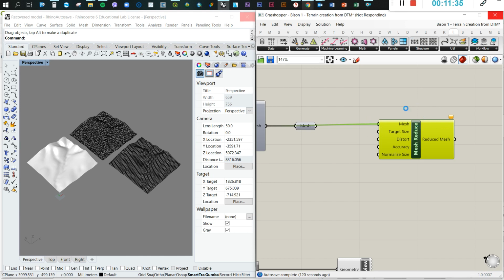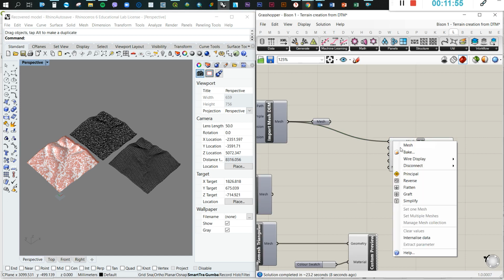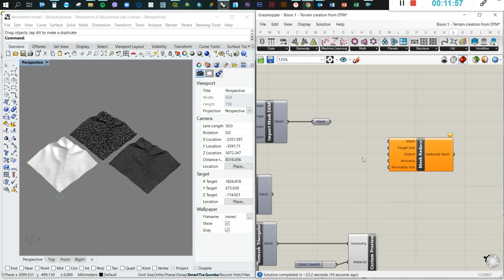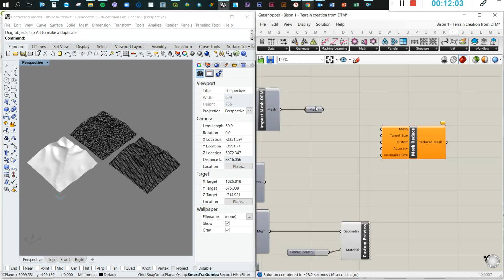What I recommend to avoid is processing time. It's sometimes better just to start with the parameters of the target, the accuracy, the sizes, and the distortion, and after that connect the mesh, because otherwise we'll assume the default ones and it will take time. So if we disconnect here and we start just defining the target size, so here you need to check this